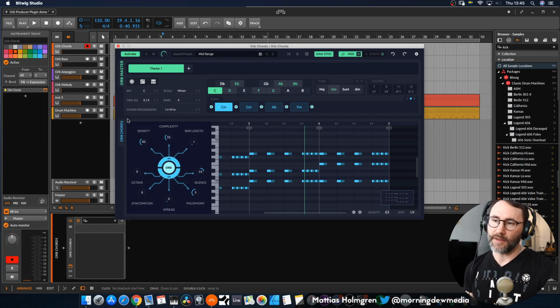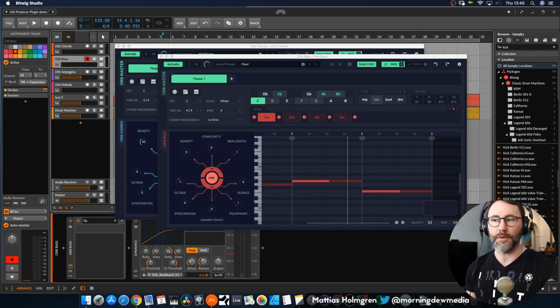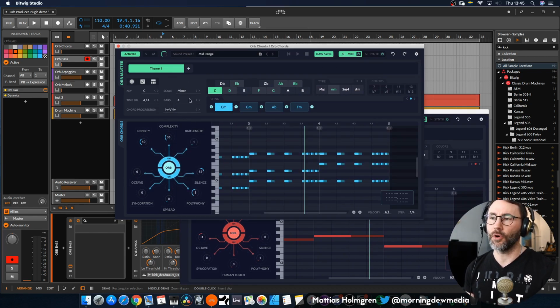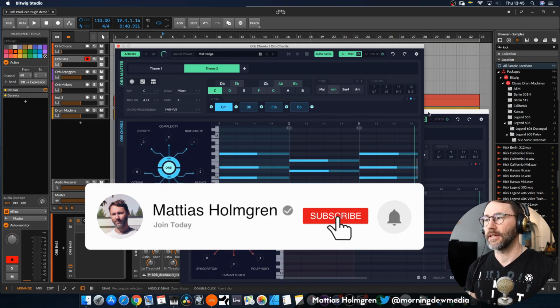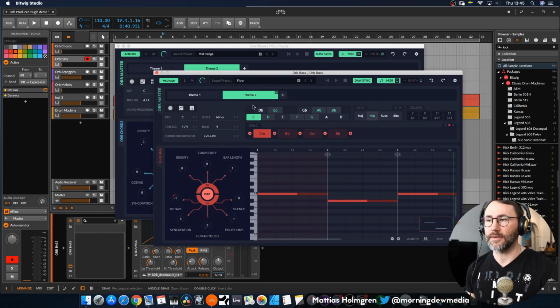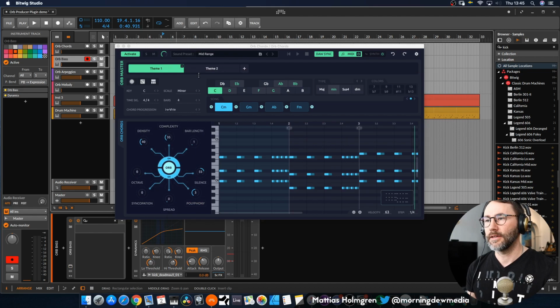Then at the bottom here we have the Orb chords, and this is specific to the Orb chords plugin. You can see if I open up the Orb bass plugin, we still have this Orb master section. And this master section will be the same on each of these plugins. If I go back to the Orb chords here and add another theme to this cue, like this, and we go to the Orb bass plugin, you can see that it's added this theme number 2. So now we have 2 different themes which we can use in this Orb Producer Suite. But let's delete this one and continue on talking about the interface here.